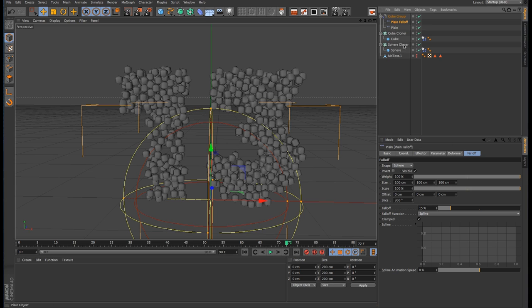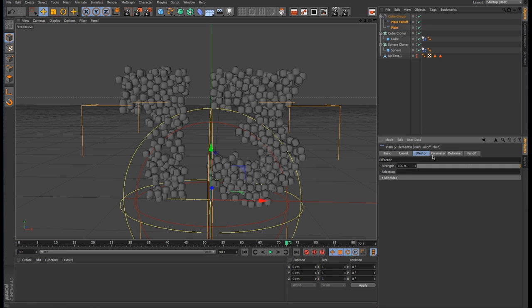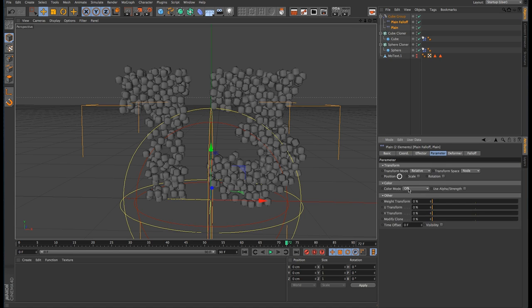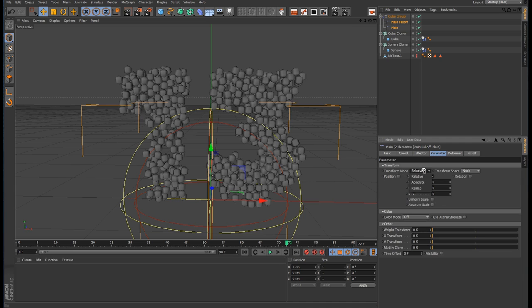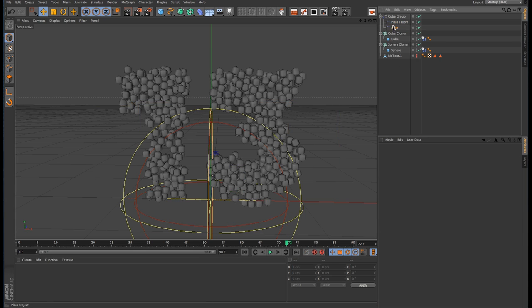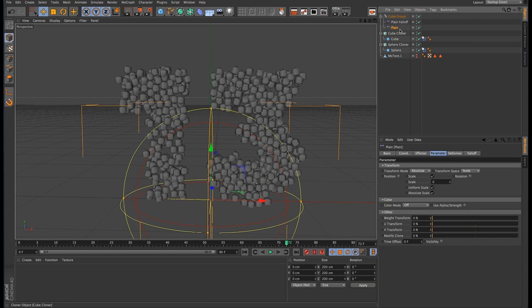and if we highlight both of these, what we're going to do is affect the actual size of the cube. So we don't want the position, we want scale. If we change that to absolute, uniform scale and absolute scale. Now the plane effector without the falloff, that's going to hit the cubes first, and we want it to suddenly increase in size